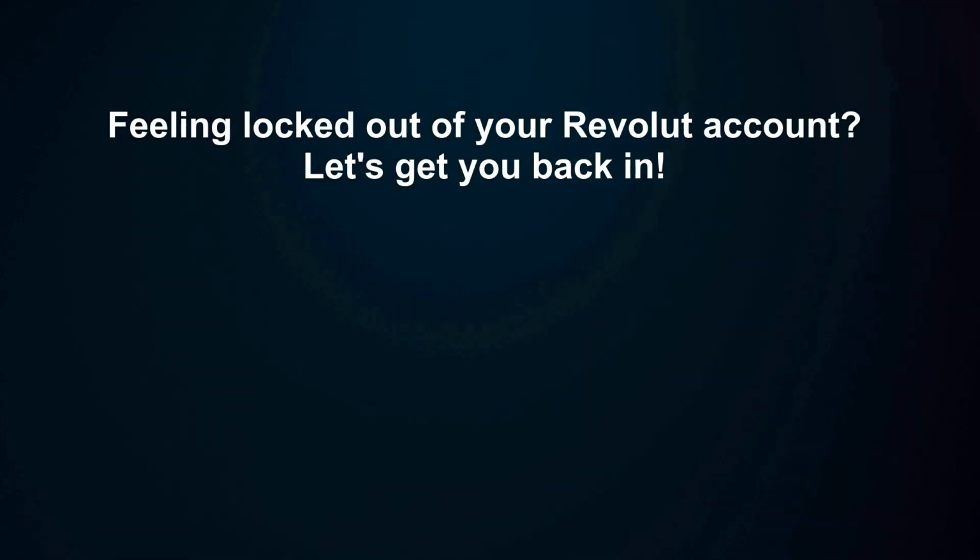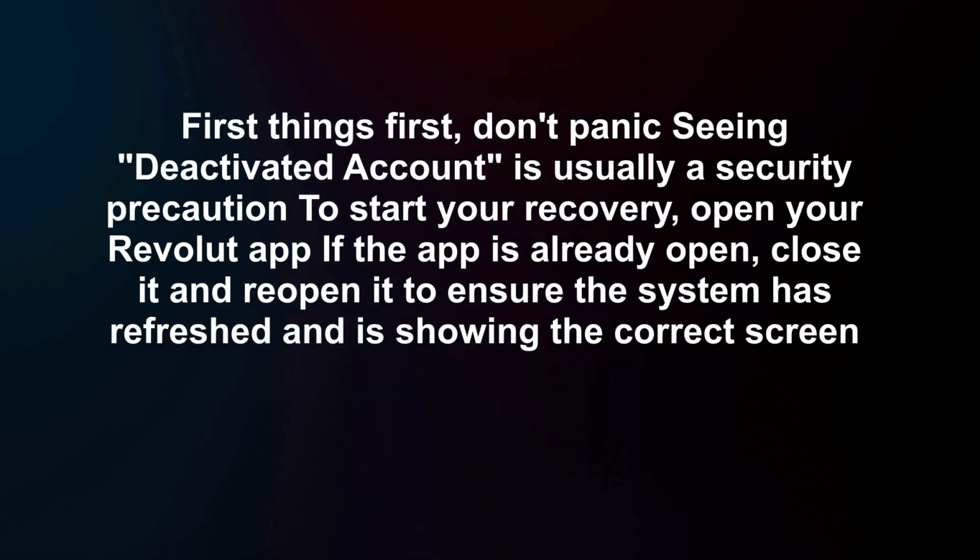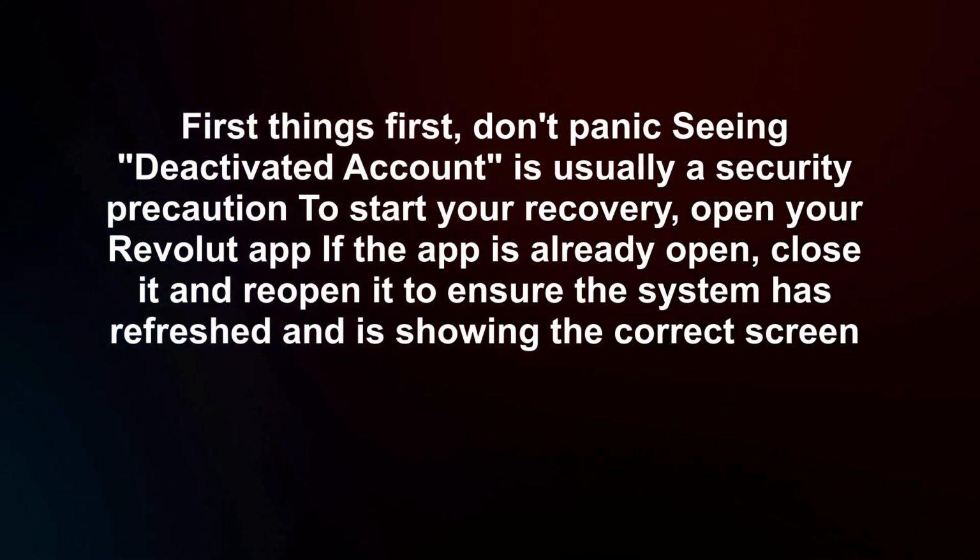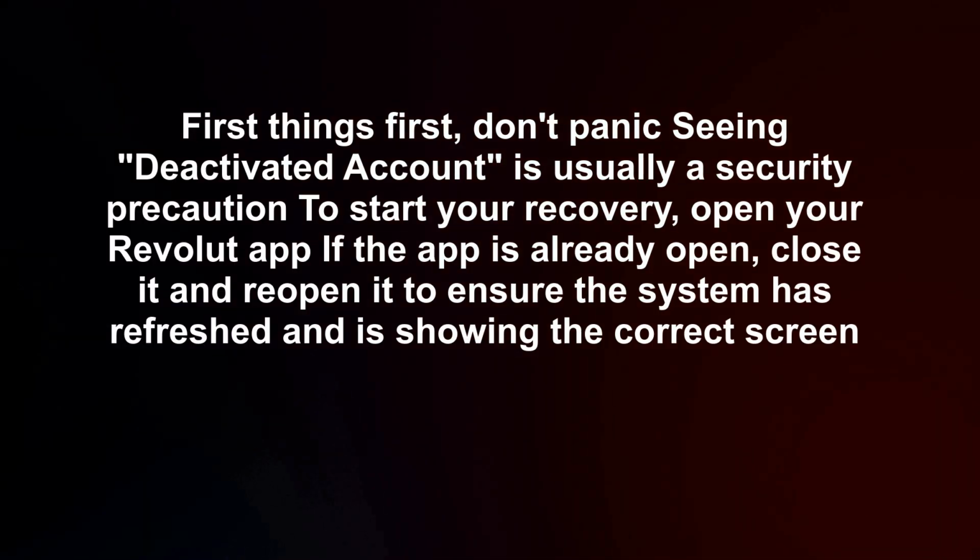Feeling locked out of your Revolut account? Let's get you back in. First things first, don't panic. Seeing "deactivated account" is usually a security precaution. To start your recovery,